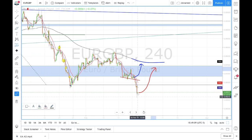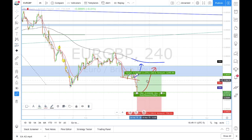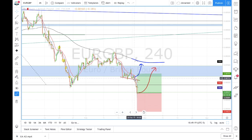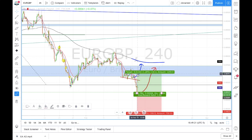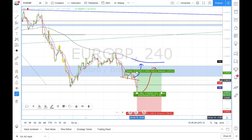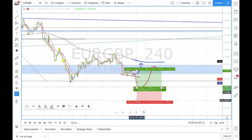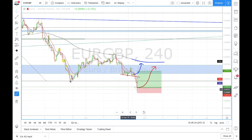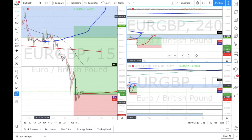You can see it wicked off over here. And then, guys, if you're in the previous trade and you did not hit stop loss, that's okay. Stay in that trade. Literally, this is going to be a bigger trade than the one before. Looking at it on the 4 hour, you don't even have to have a stop loss that deep. So we're actually going to move that stop loss to only about 35 pips. So you're only risking 35 pips